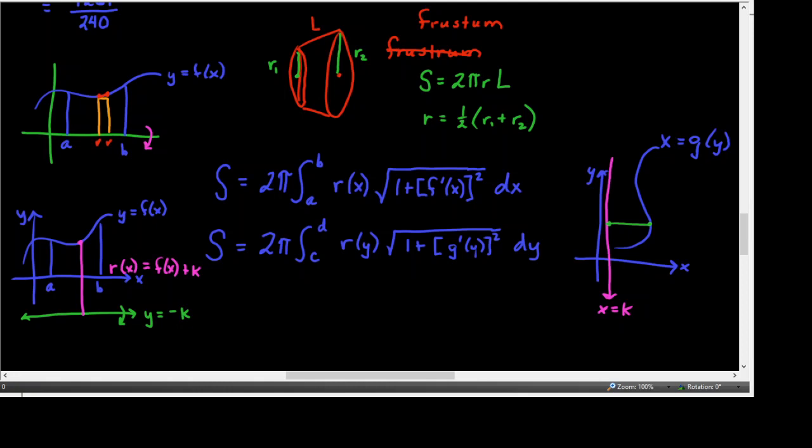Oh, and I forgot to mention the other possibility with the f of x. I just noticed that. Let me go back. I know I'm kind of stopping midstream, but this is an important thing. If over here, hopefully not very confusing, if my axis of revolution, however, is a vertical line, like at x equals, let's say, negative j,